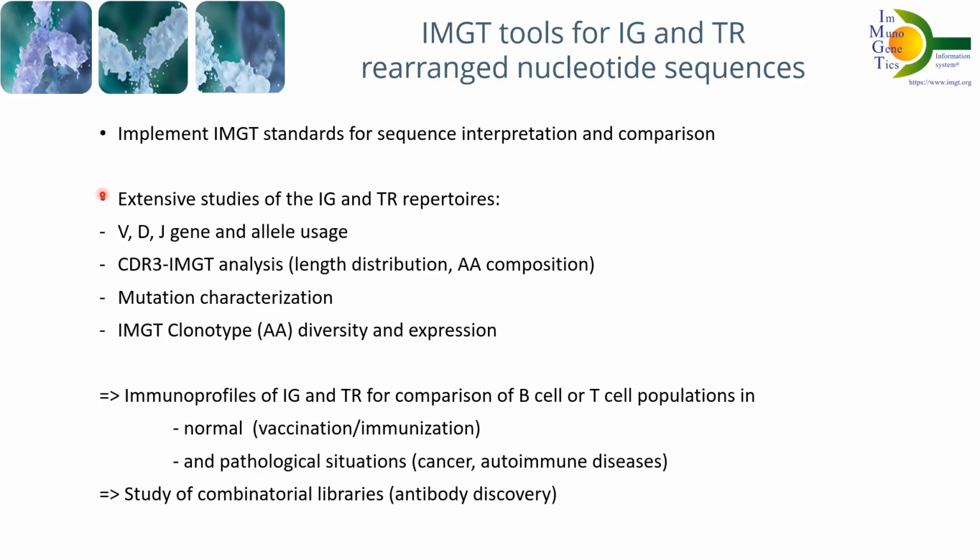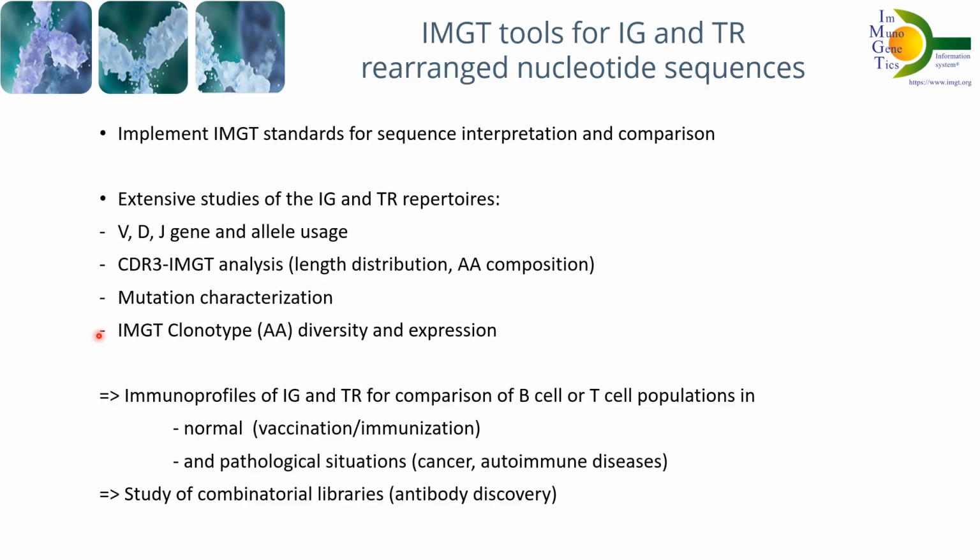They were developed for extensive studies of Ig and TR repertoires, with the evaluation of the V, D, and J gene allele usage, with a detailed analysis of the CDR3 in terms of length distribution and amino acid composition. They provide an exhaustive analysis of the mutation in the region, and they also evaluate the diversity and the expression